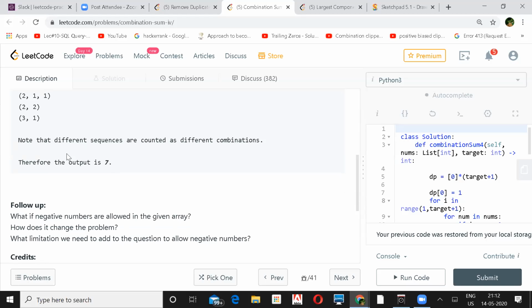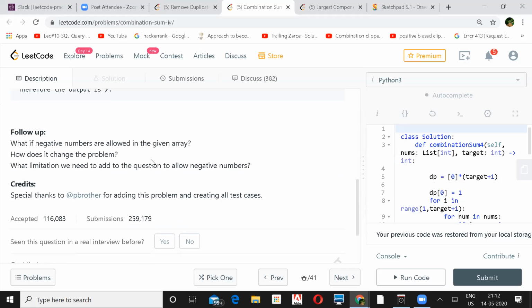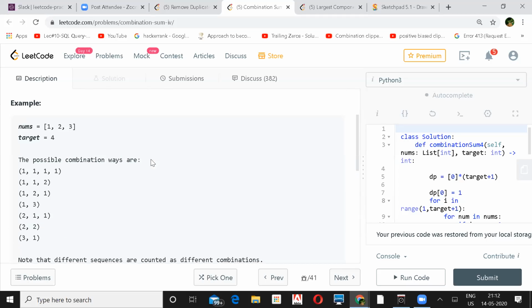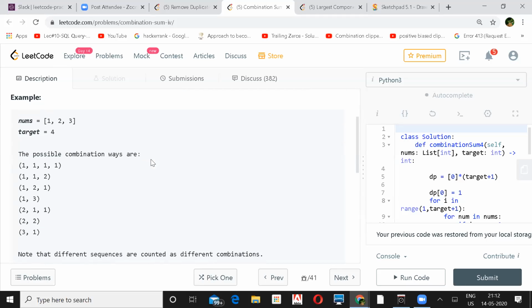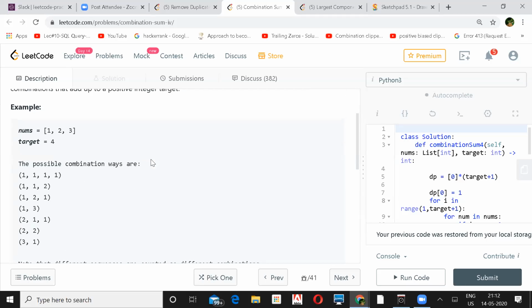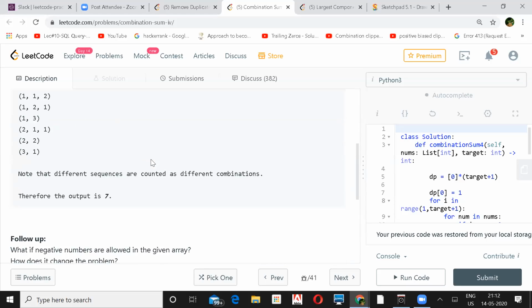What if negative numbers are allowed in a given array, and how does it change the problem? What are the limitations we need to take care of for negative numbers? I didn't understand the constraint about the negative numbers, how it is going to impact.